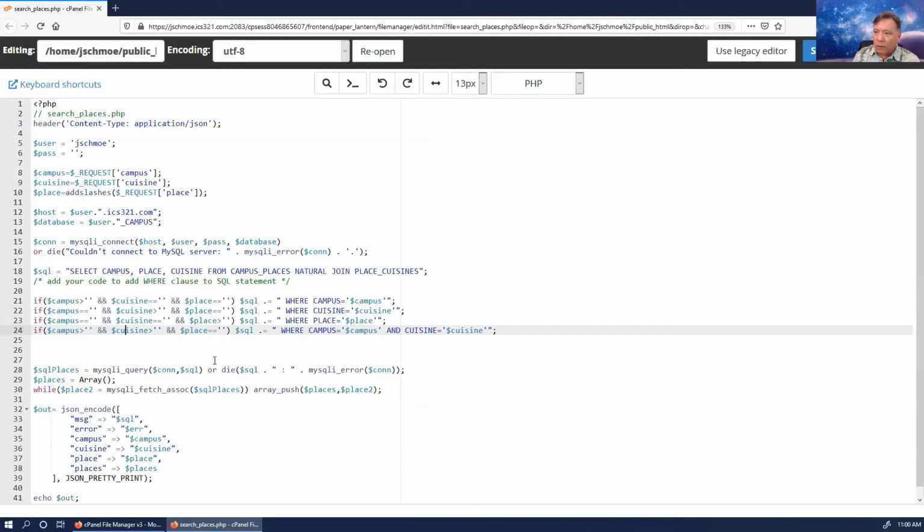Okay, if cuisine... let's see. I'm sorry, I guess in this example, I can't really think of another example, but you can imagine that, let's say you wanted to also be able to include